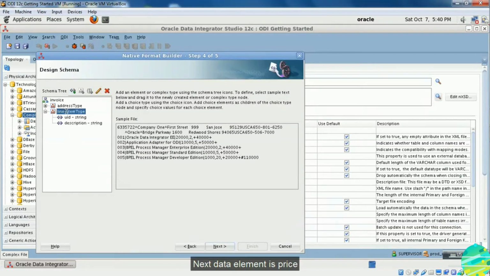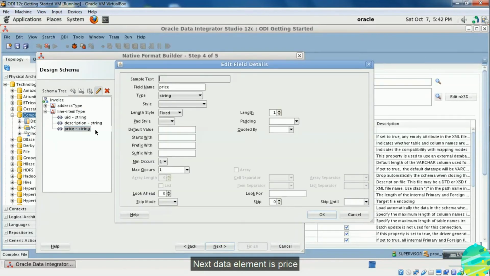Next data element is price. Data type is double and terminated by will be comma.